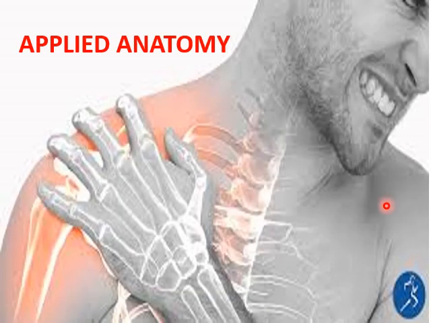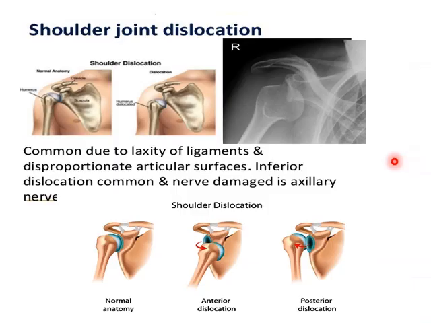Coming to the applied aspect, what can go wrong with the shoulder joint? Shoulder joint dislocation is one of the most common features, of which there can be anterior dislocation where the head moves forward, posterior dislocation where the head moves posteriorly, and inferior dislocation where the head moves inferiorly. And this is the most common type of dislocation, as there is laxity of the fibrous capsule inferiorly. We said that it is about 1 centimeter below the margin of the glenoid cavity,